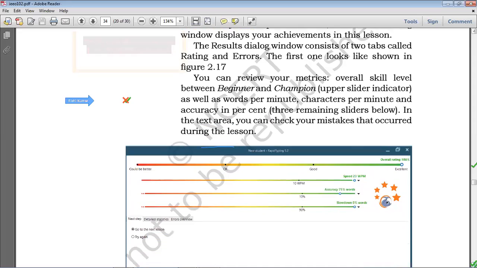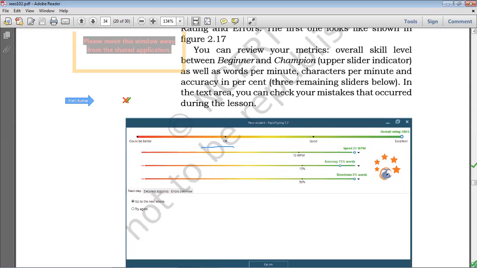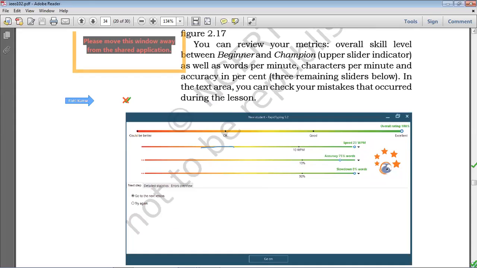Generally, it shows your typing result, your performance, like this. This kind of bars will be shown here, like excellent, good, and could be better.